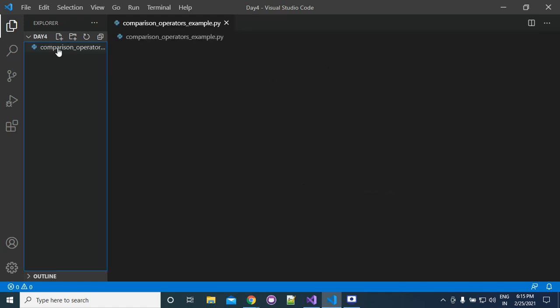So we are creating here a comparison operators example.